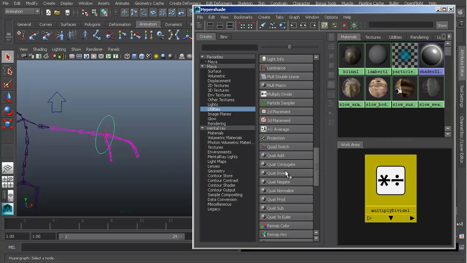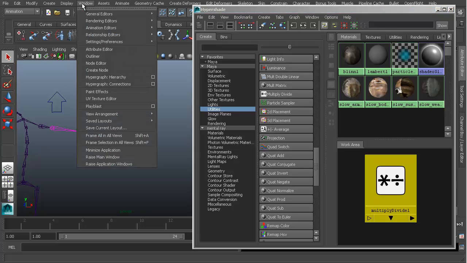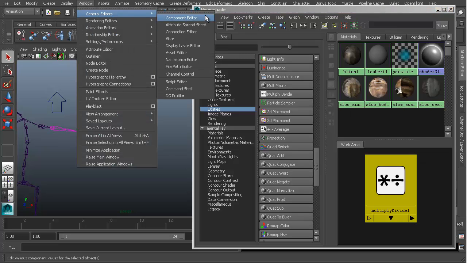So in here I selected the first object, being the controller that will be loaded on the left hand side. The multiply divide node will be loaded on the right hand side since it was selected secondly. So I'll go up to Window, down to General Editors, and I'll come over here to the Connection Editor,